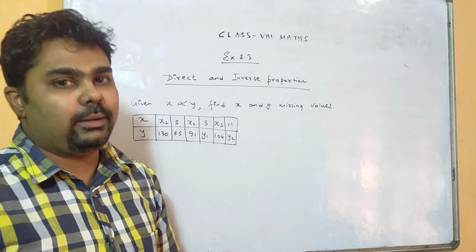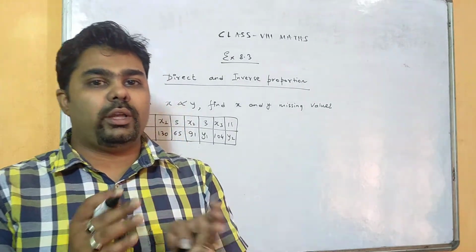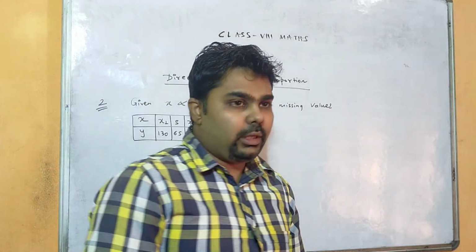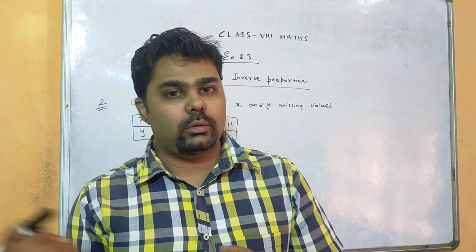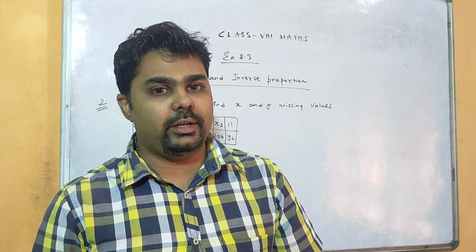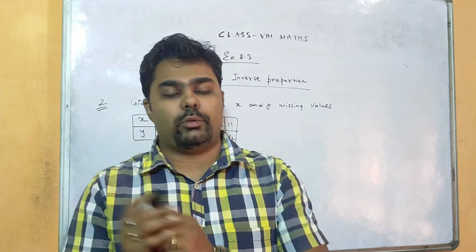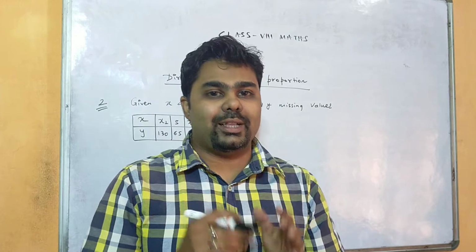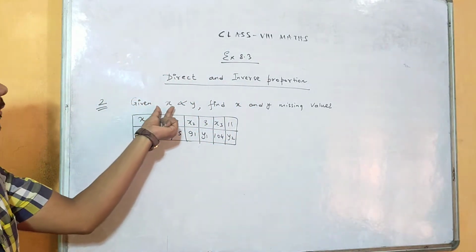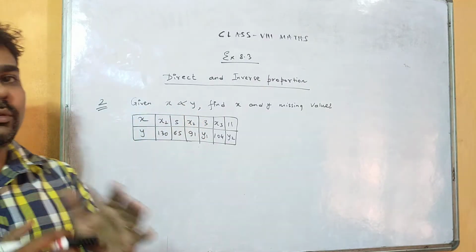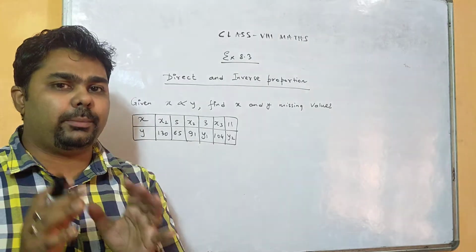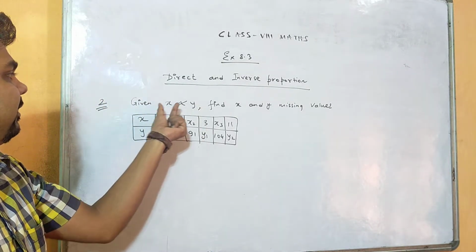Now what is the meaning of directly proportional? If x is increasing, y is also increasing, right? So this is the meaning of directly proportional. For example, if you are throwing a ball with high speed, then it will cover more distance, right? That means speed is directly proportional to distance. If you throw a ball with less speed, then it will cover less distance. So speed and distance are the variables. In higher classes we will learn in more detail what this direct variation is. Here we have just the basic part, to use the concept of directly proportional.